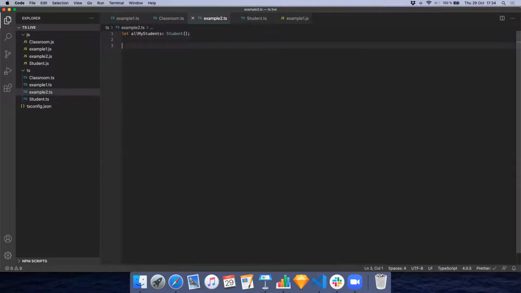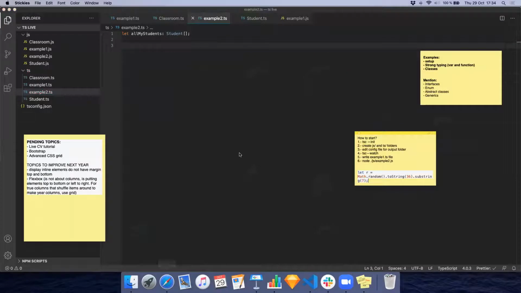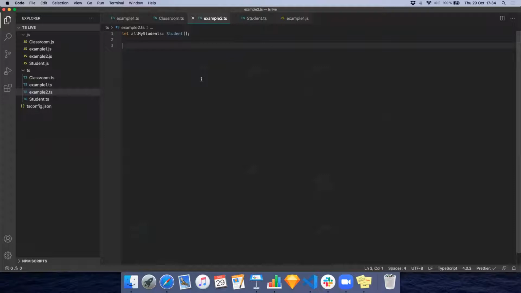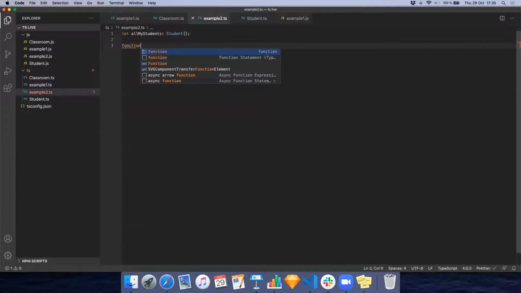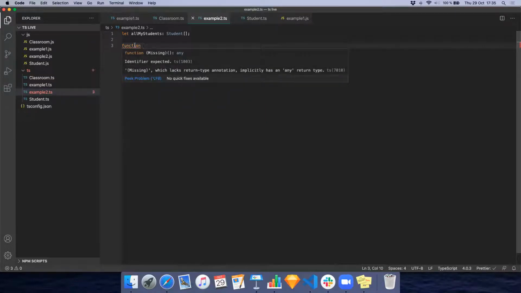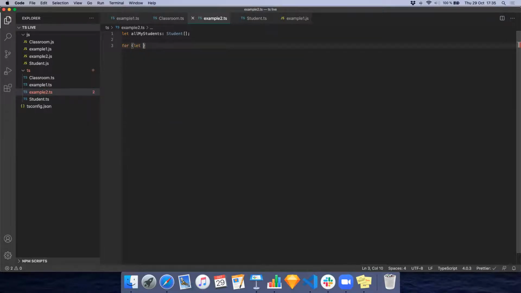I want to fill this one with random data. So before this class started, I just created a small super mega hyper dirty function for this one. So I will literally populate my data, my student list with a bunch of junk data. Just for an example. I can create a function here instead of a method because I am not creating classes. I'm just creating a quick dirty TypeScript file. So I will create, actually I don't even need a function. I can just go directly with a equal 0 with a for loop